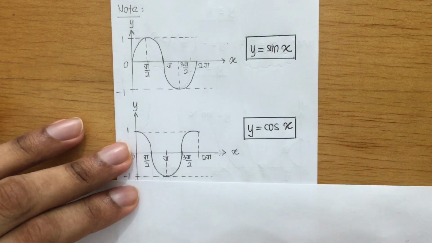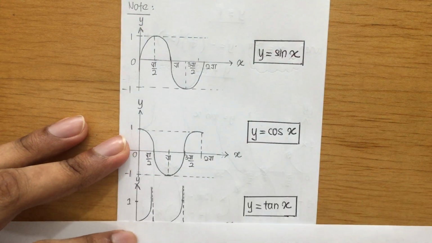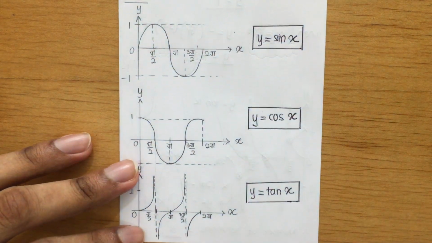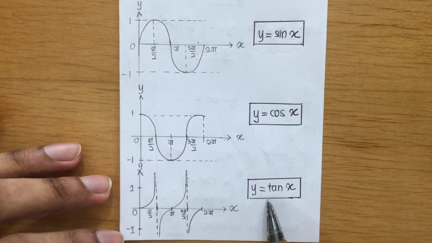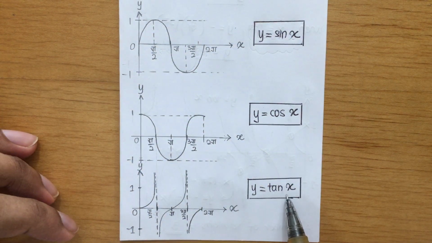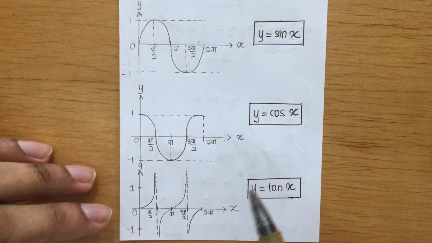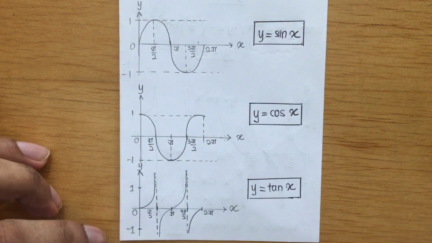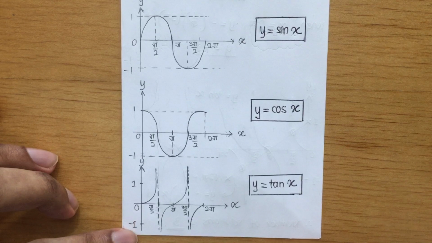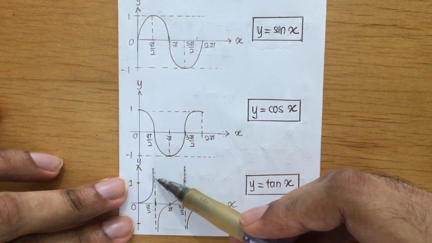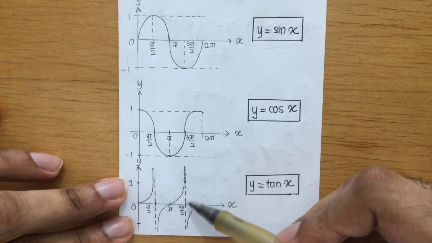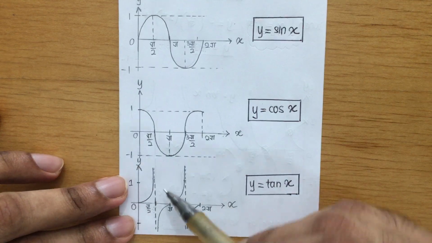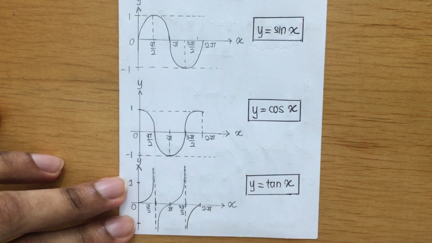So proceed to the last type of graph which I'm going to discuss, the tangent graph. So this is the basic tangent graph guys, no amplitude and no frequency over here. So these three are the basic graphs which I'm going to explain to you. Okay, for the tangent graph, it's a bit different guys. Okay, you might be wondering what are the dotted lines I've drawn here. For those of you who don't know what this means, this means an asymptote guys.